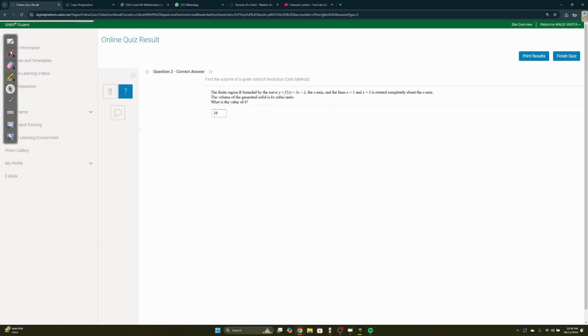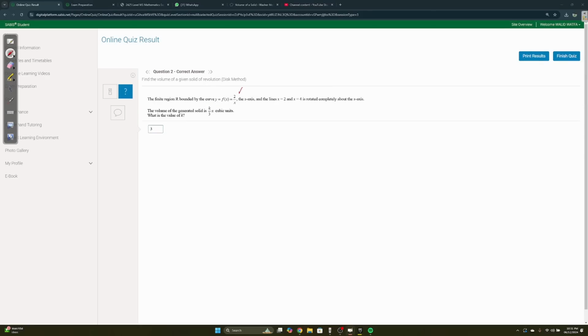Second question should also be nice and simple. The finite region bounded by 2 over x, the x-axis, x equals 2, x equals 4, is rotated completely. Find the volume. Again, volume equals pi times integral a to b, f of x squared. Just in case it comes,